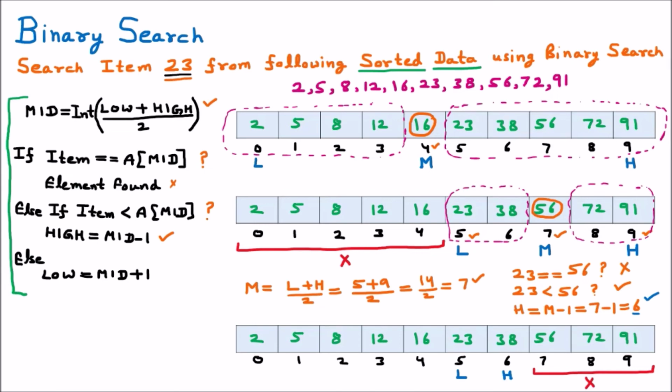You can see that in the first part we have already skipped the first elements, the elements from 0 to 4. And now we are also skipping the 7, 8, 9 position elements, because binary search divides the list into sub lists and skips parts based upon the condition that we should only focus on the list where our element is present. So we only focus on the low and high sub list where our element will be present. Now we go on to another phase where we find the middle one more time.